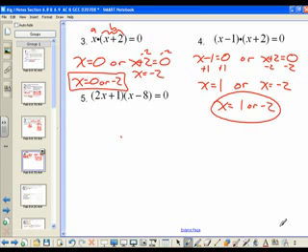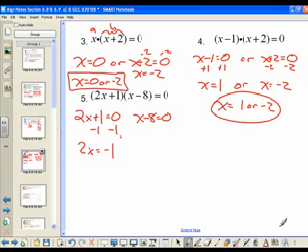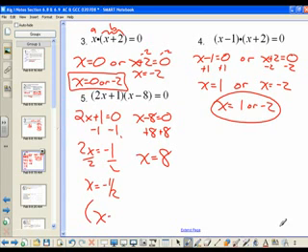For this one, I have 2x plus 1 equals 0, or x minus 8 equals 0. I'm going to subtract 1 from both sides on this side. I get 2x equals negative 1. Divide both sides by 2. X is negative 1/2. One solution would be negative 1/2. The other one, I'm going to add 8 to both sides, and I get x equals positive 8. So my two solutions